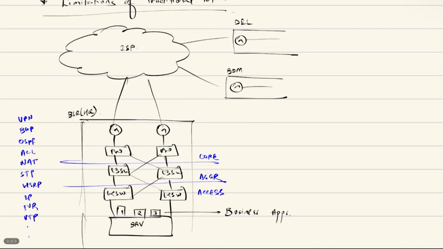Why? Let's say that everything is working fine right now. And the organization suddenly has a requirement that they need to install three new virtual machines to support a new application. Okay. So I would say a new business application. And you installed three new virtual machines for that application on the existing server.